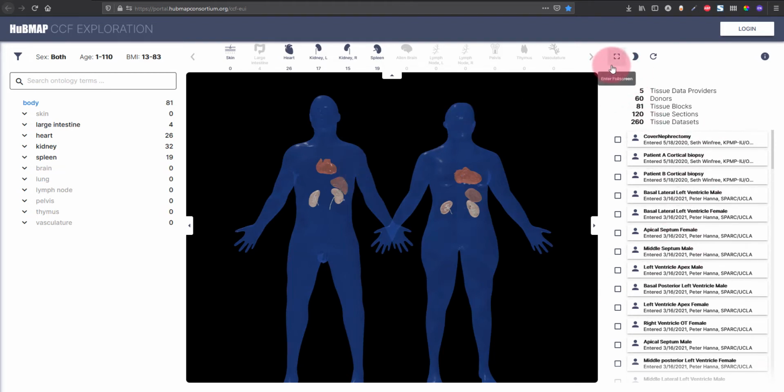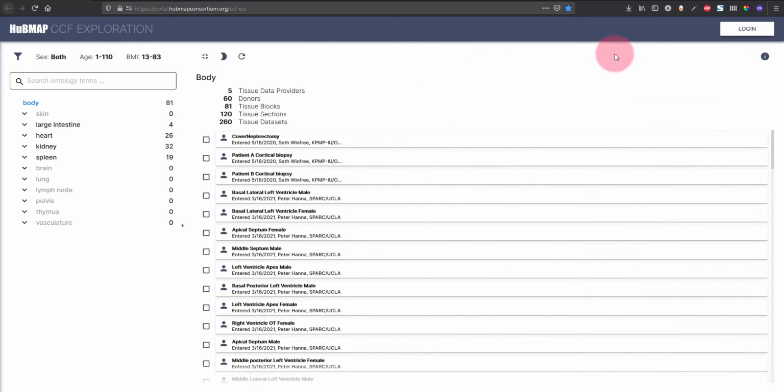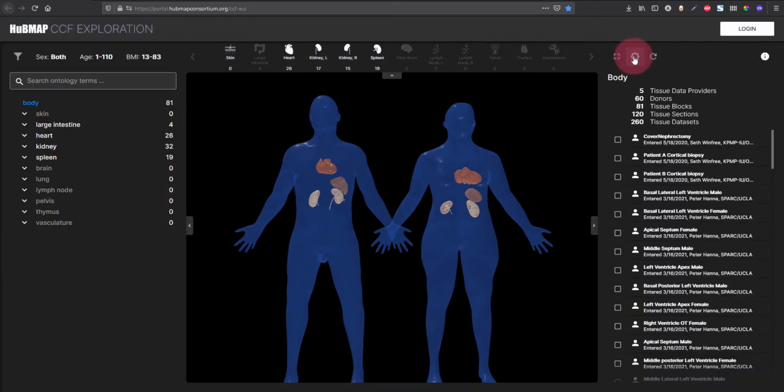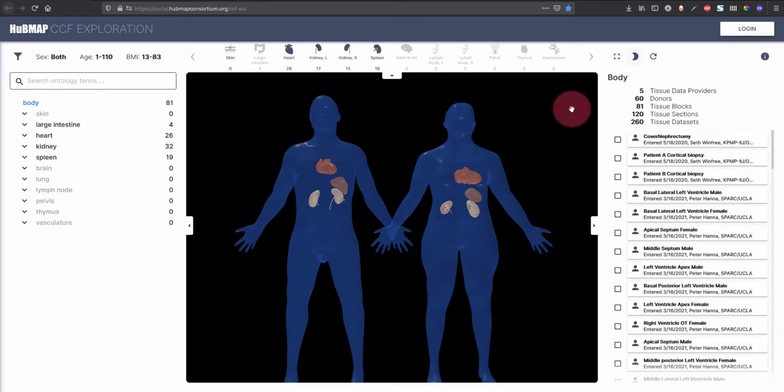We also have some UI tools that help you adjust your workspace. For example, here we have a full screen button. If you press that, you go into full screen mode for the details section here. We have this little button to switch into dark mode. If you, like me, prefer to work with a dark mode, this is the way to go. I will, however, use the light mode in this demo because that is the default that most people are probably going to use.